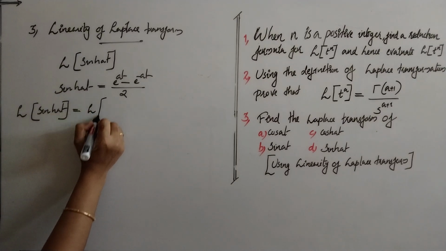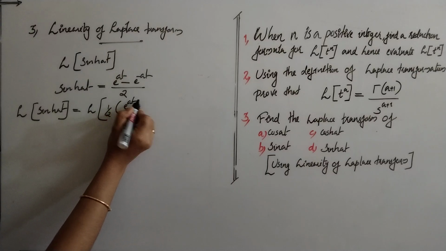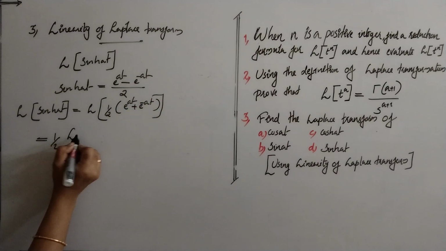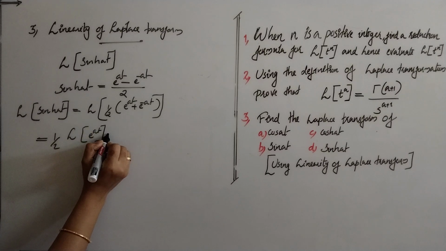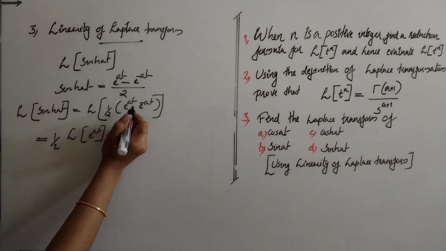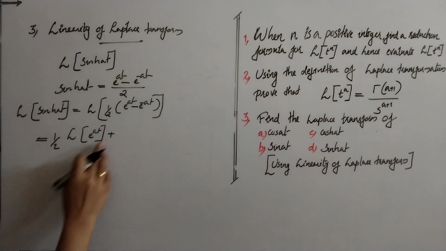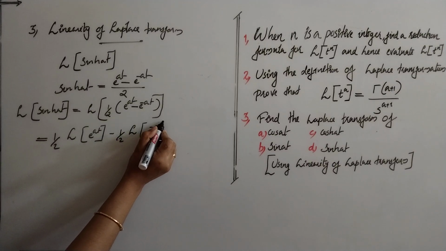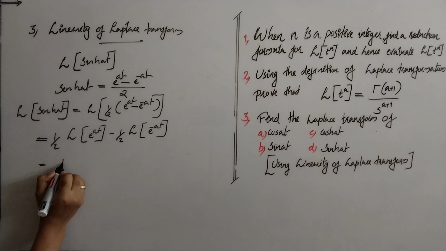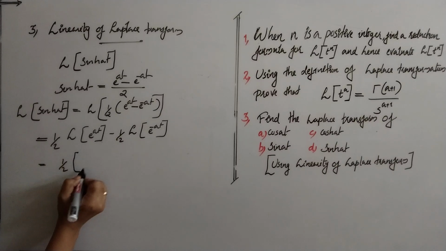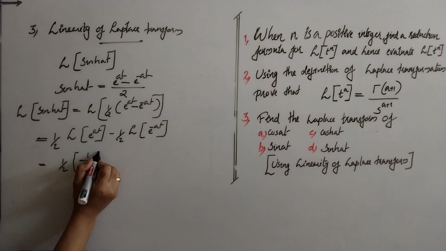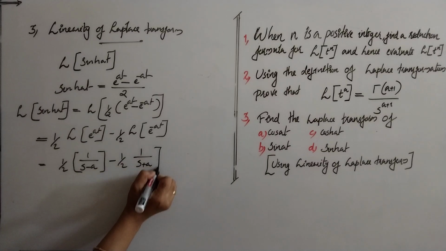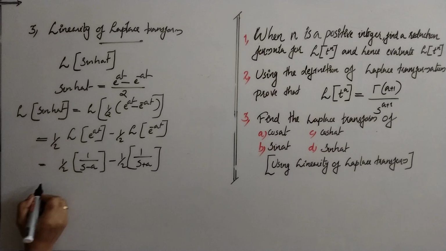Laplace transform of half into e raised to at minus e raised to minus at is equal to half into Laplace transform of e raised to at minus half into Laplace transform of e raised to minus at, that is 1 by 2 into Laplace transform of e raised to at is 1 by s minus a, minus half into 1 by s plus a. Laplace transform of e raised to minus at is 1 by s plus a,